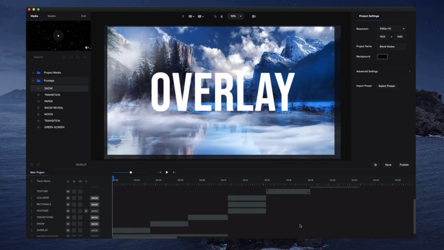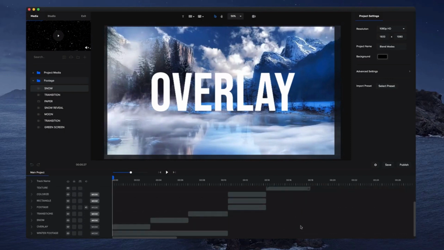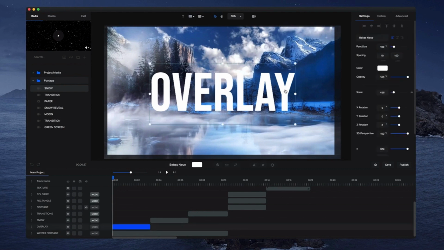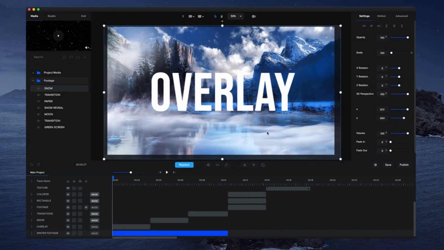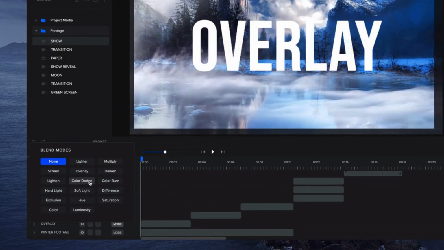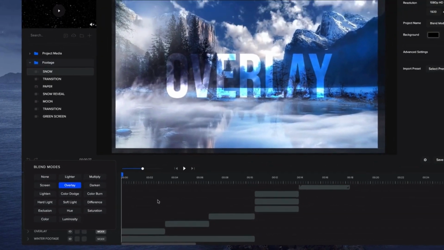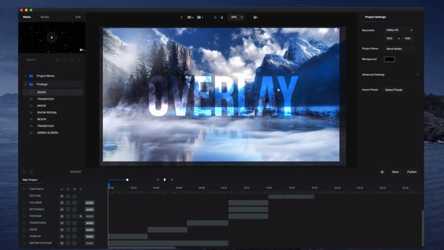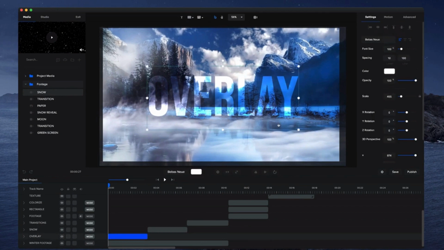Now I've created some projects to give you some examples of how you can use these. So first of all, what I want to do is show you how to blend in your text with footage below. Basically, you want to add some footage, add your text on top, go to mode, and then simply hover your mouse and go over to overlay. And you're about to see that we've got this really nice blended look with our text and our footage